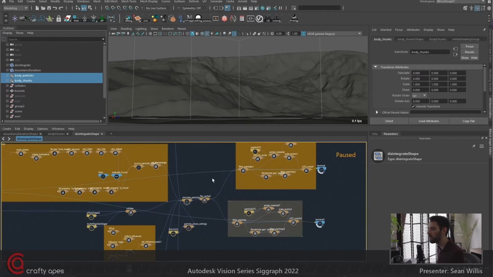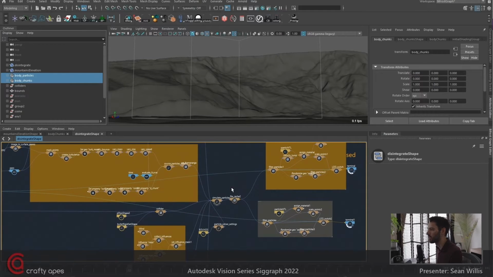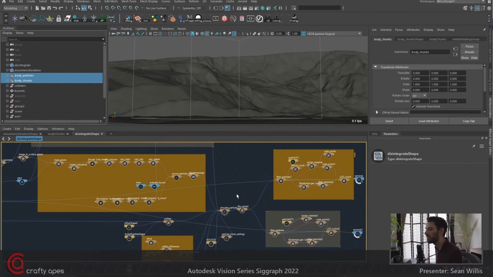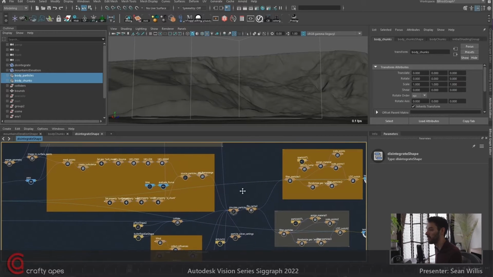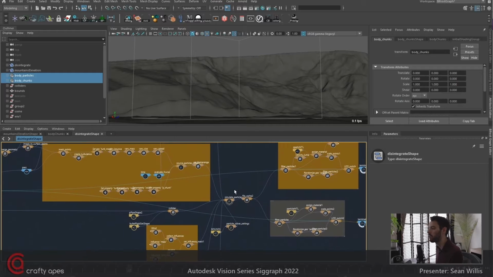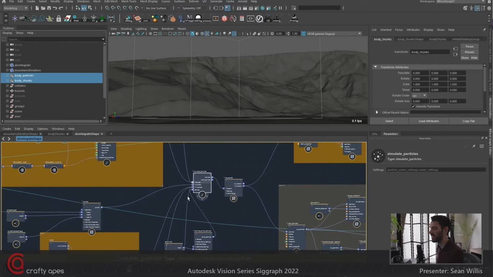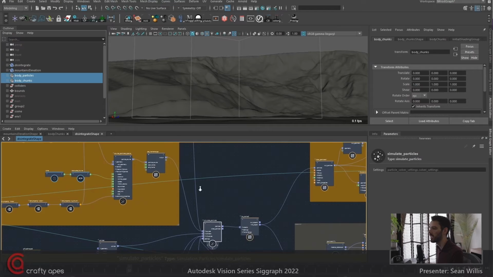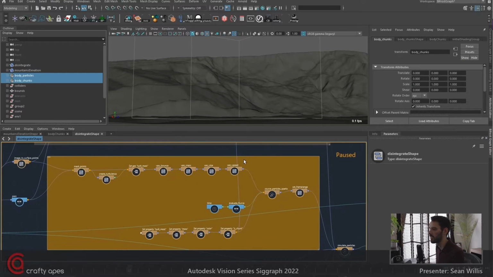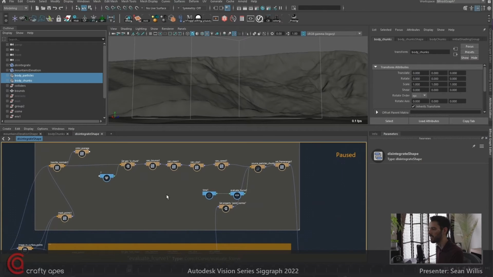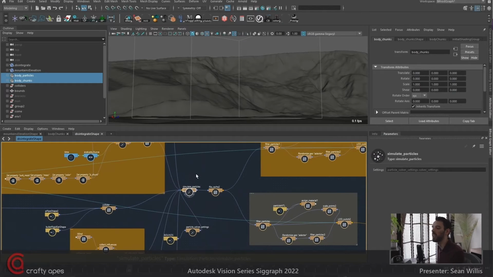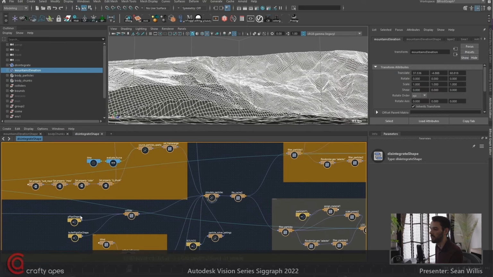So the big key here, and the reason this is so important, is that there's a lot of layers to this. There's particles, there's chunks, there is a lot of different ways that you can build this out. And we want to wrangle all of those things. And this simulation is all in one single node. So we're taking our sparks, which is here, and our source chunks, which is here, this graph, and we simulate them so that they can collide with each other. And they can also collide with the environment as well.